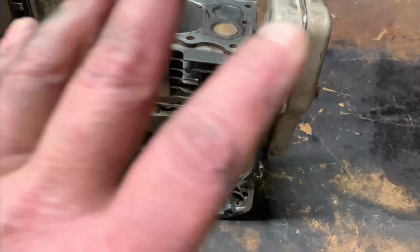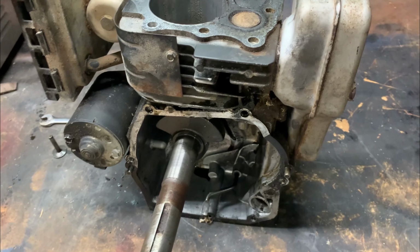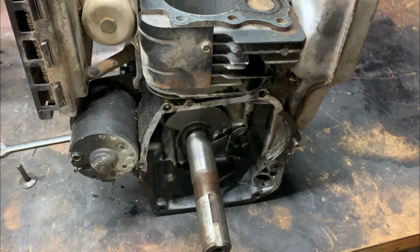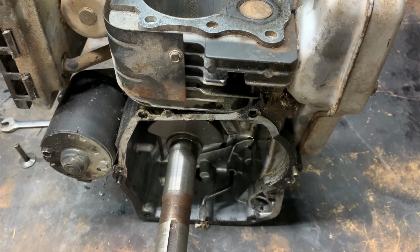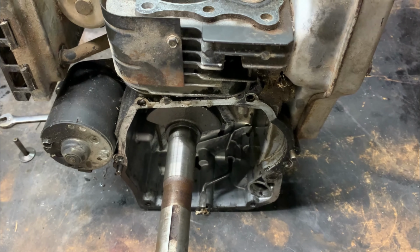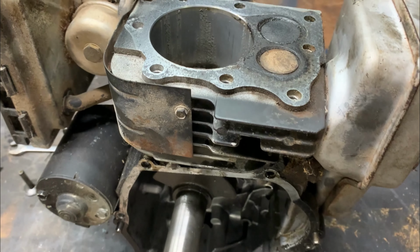Alrighty guys, before I send this old engine to the small engine gods in the sky, I just kind of want to go over why this engine failed and what not to do and what to do. This engine came to me with no compression and smoking really bad, and didn't have a drop of oil in it. And what happens is when these engines run without oil,